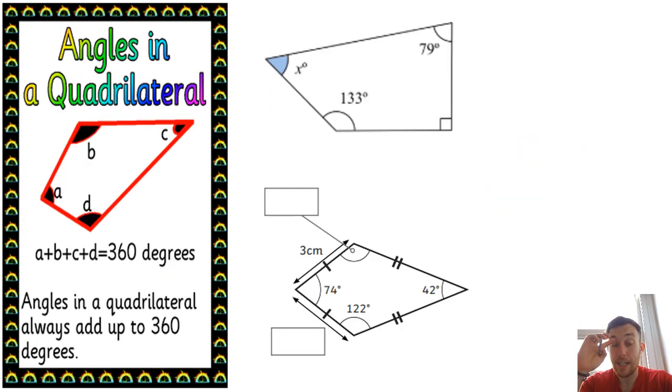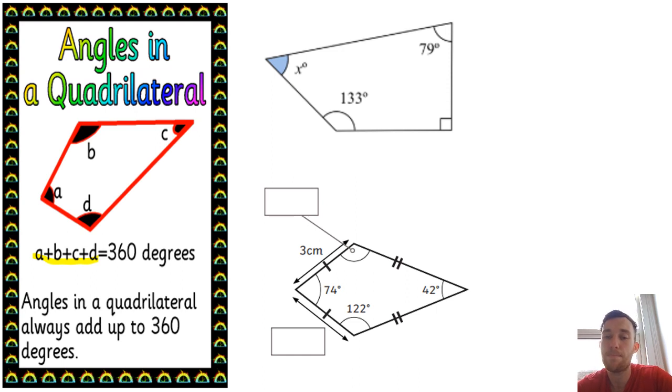Okay, and then finally, we're going to be looking at some angles of quadrilaterals, and they're a bit like the angles around a point. A plus B plus C plus D equals 360 degrees. And a bit like the triangles, if you take all the corners off of a quadrilateral and you put them together, you can make a sort of circular shape. If you think about a square and you take all the corners off, all the corners are right angles. So if you put them all together, you're going to create a point that you can go around. So that's why they always add up to